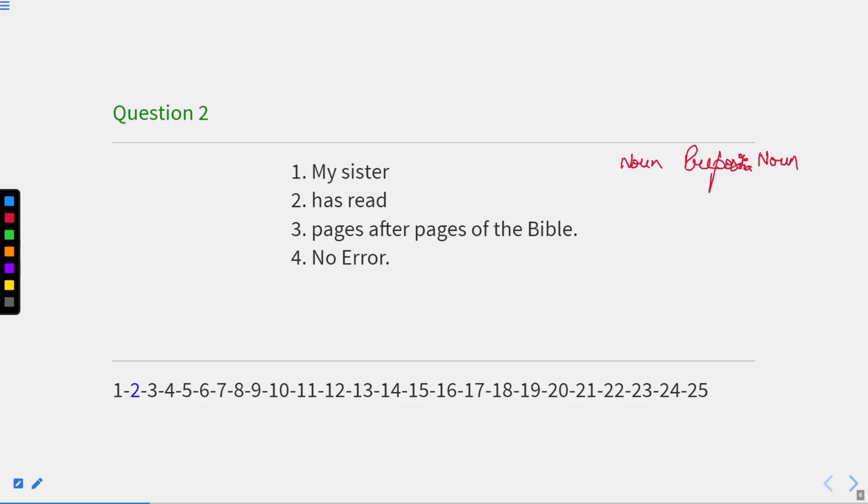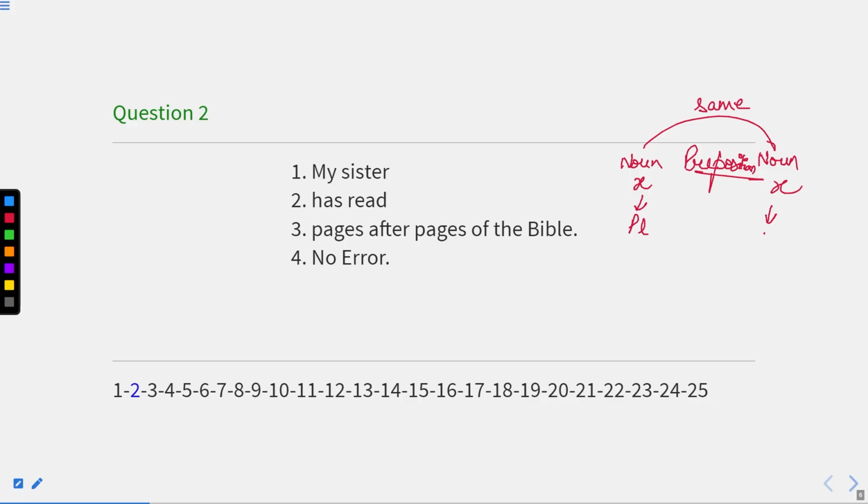Okay, so this is a compound. Now, what happens if both the nouns are the same? For example, here is X, and the noun should also be X. So, if both the nouns are the same and they are connected with a preposition, this is making a compound. And in this, we cannot change either.